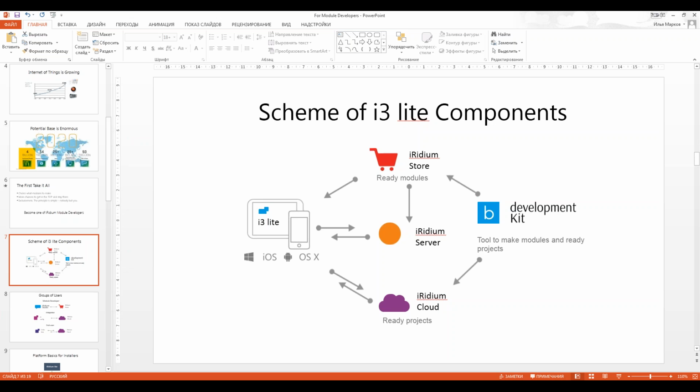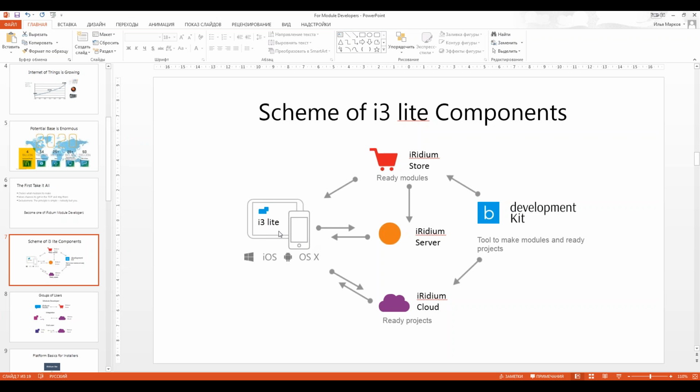In that project, he can open the iRidium store, download the ready modules to his project, then save it to iRidium cloud, buy the license in that cloud, and share his project with his end user. And the end user should use the iRelight application on his mobile platform too. Then he downloads the project from iRidium cloud, and he can use it.